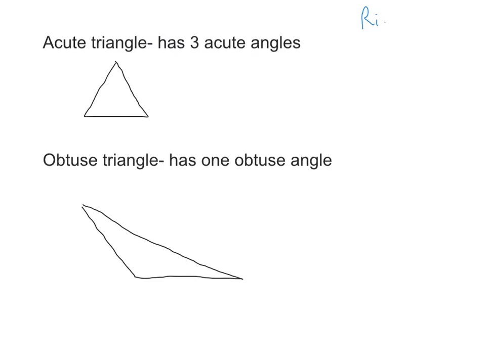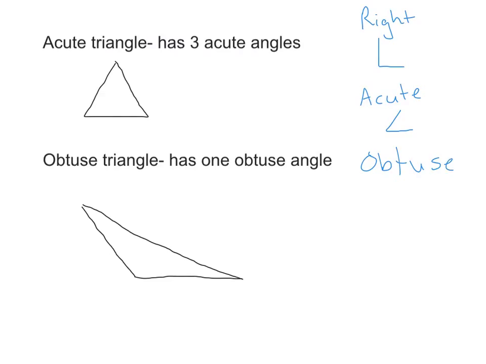We have right angles, which are 90-degree angles that have the square corner. We have acute angles, which are less than 90 degrees, so anything that's smaller than the right angle. And whenever I say acute, I like to pretend like I'm really cute and say acute. And then the difference between that and the obtuse